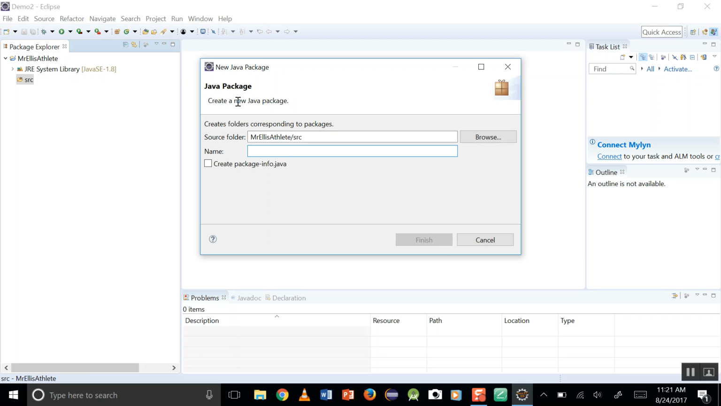Now, the naming convention for your package in industry is usually to reverse your URL. Suppose I work at google.com. The name of my package would be com.google.project name, or assignment name in our case. Your assignment will be in here. So our naming convention will be